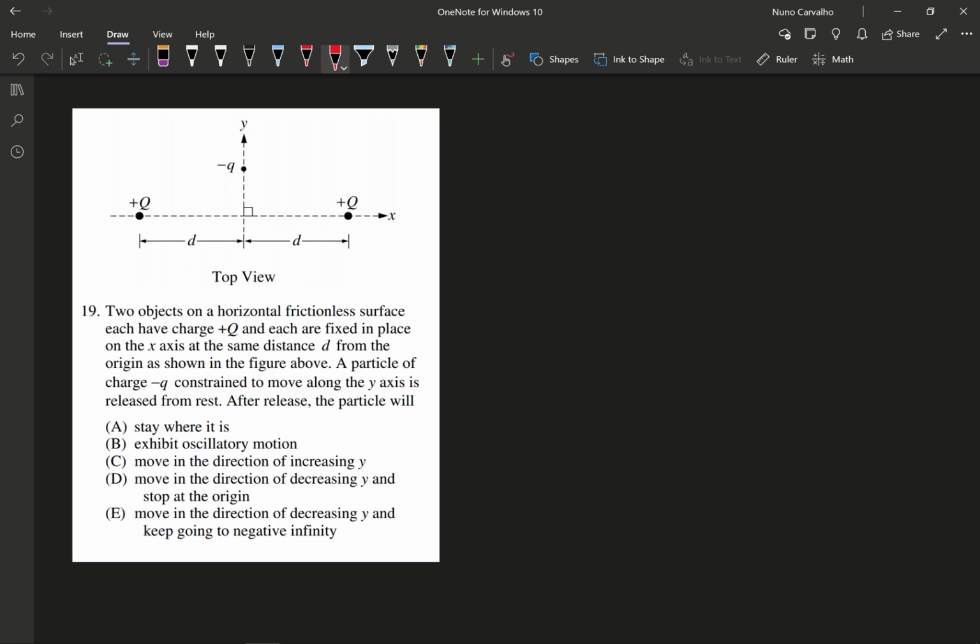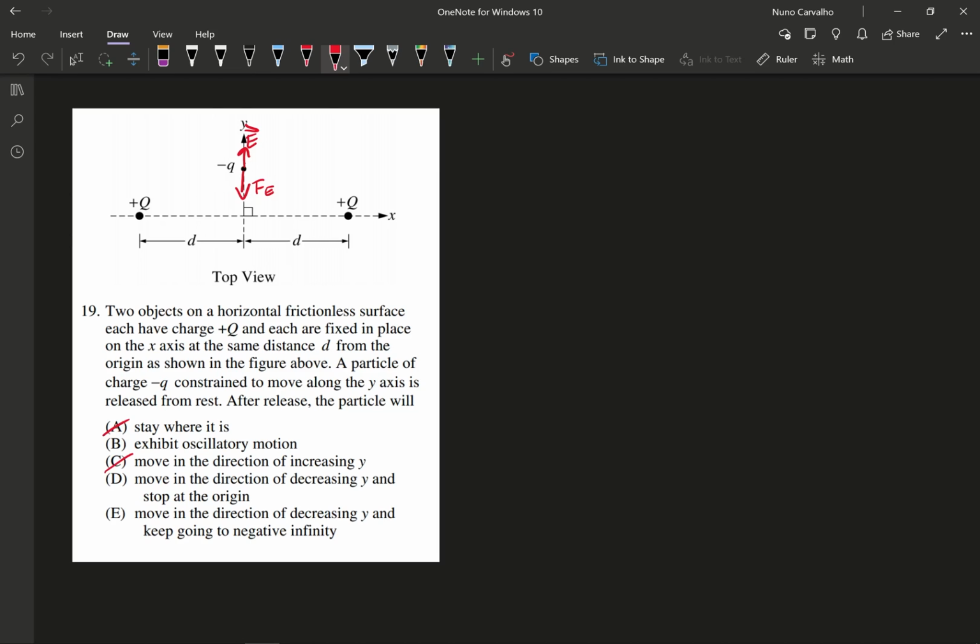But first, also let's draw out the electric field. So this charge right here will cause an electric field in this direction. This one will cause one in equal magnitude and opposite, or I guess symmetric to the y-axis like so, which is to say that the net electric field will be like so. And because it is negatively charged, that must mean the force that it's feeling is going to be in the opposite direction. Okay, so we can already eliminate some answers here like A, C,